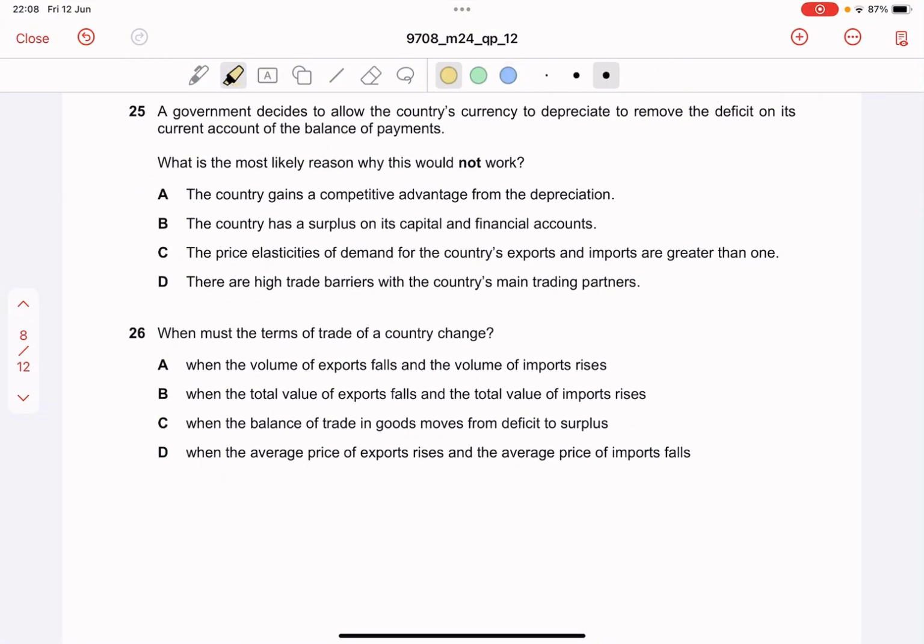25. A government decides to allow the country's currency to depreciate to remove the deficit on its current account of the balance of payments. What is the most likely reason why this would not work? So again, the current account